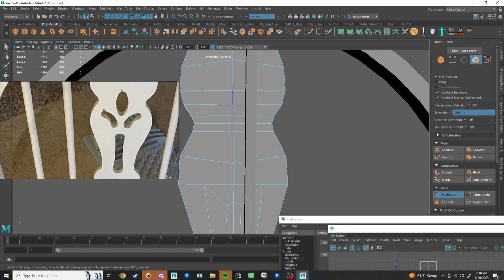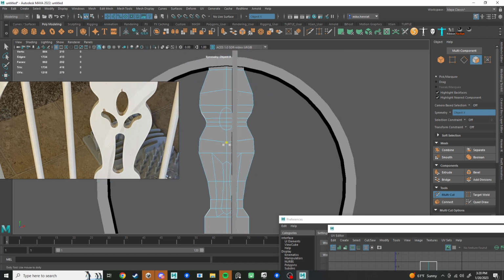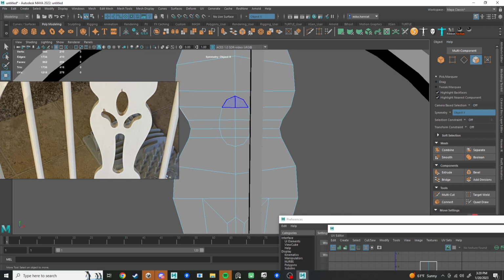So let's do up here. Notice that with symmetry on, multi-cut really doesn't like cutting across that line of symmetry, right? So I usually just do a default cut right here, just to get things started, get Maya to be like, oh, okay, so we're going to make a new shape right here, right? And there we go. That might be a bit too high up, but that's fine. What we're going to do is